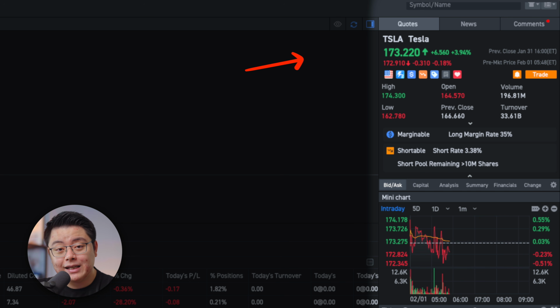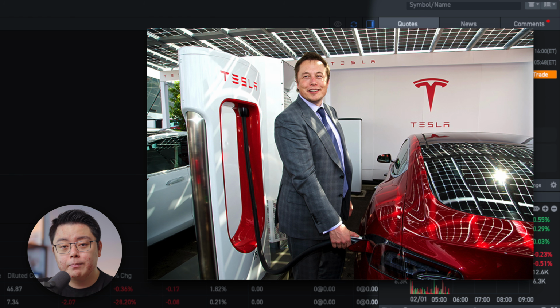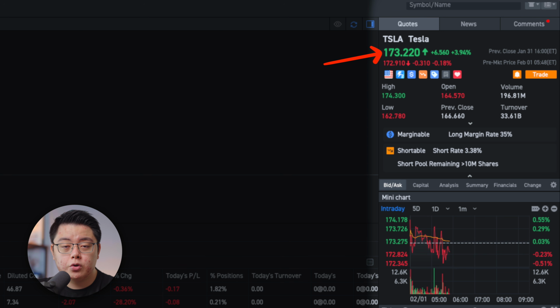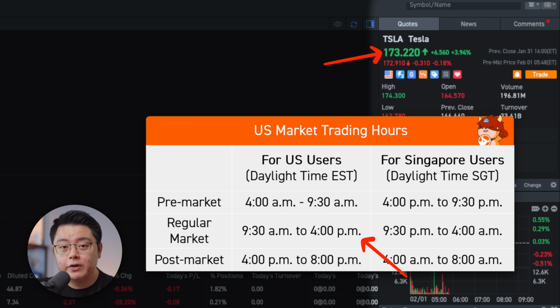As we mentioned earlier, Tesla is the stock ticker for the company, and in this case it's Tesla, Elon Musk's EV company from the US, in case you don't know already. And the big number here shows you its current share price. So if you are looking at this during US market trading hours, which is basically Monday to Friday, 9:30 AM to 4 PM Eastern time, or US time, then it will definitely be moving every single second. And if it's green, then it means it is currently up from the share price that it started when the market opened, and vice versa. If it's red, then it means it is currently down from the share price that it started when the market